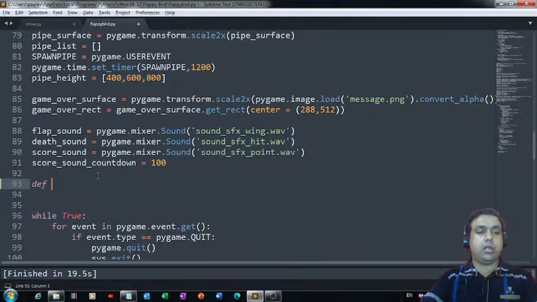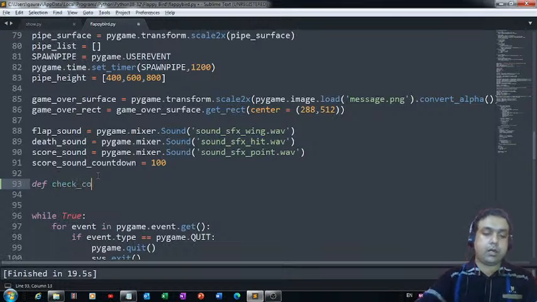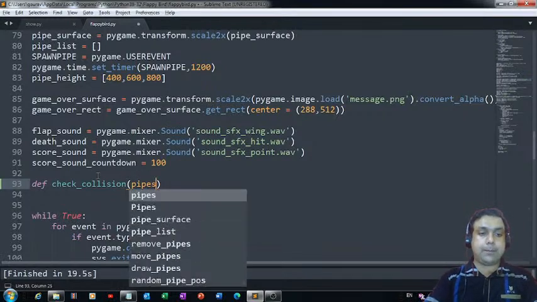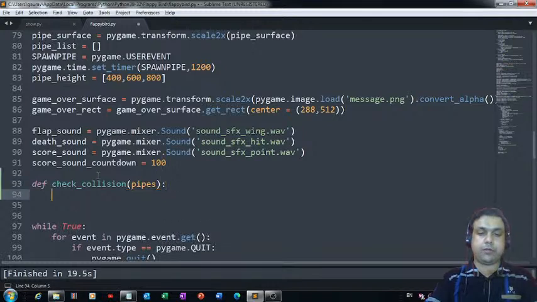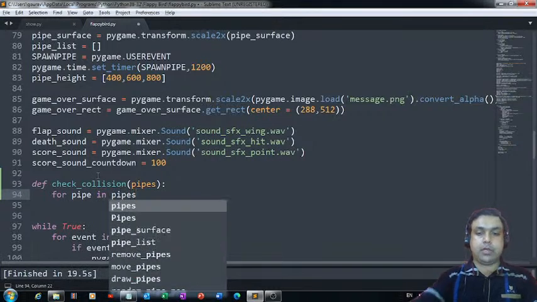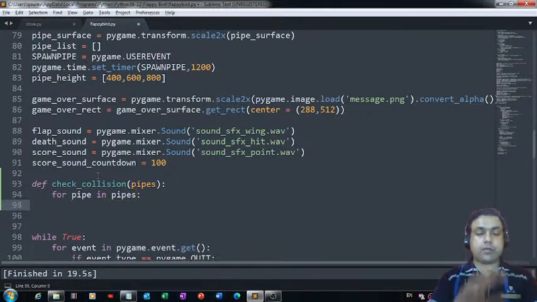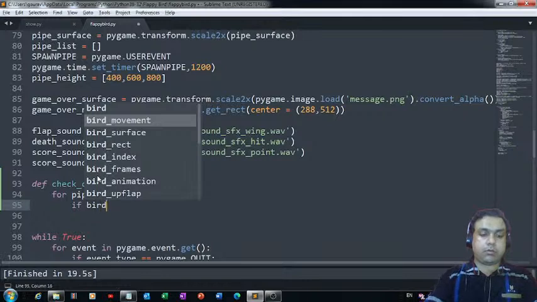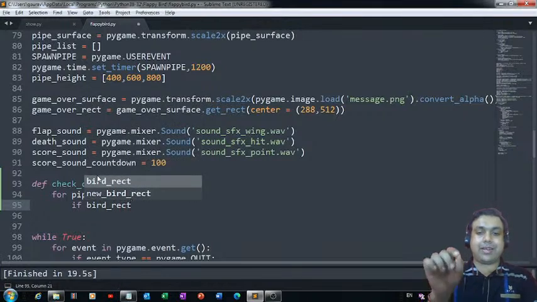checking the collision. So define check_collision. So that's the function. And let's pass the pipes as a parameter to this function. Now we'll use the same loop, for pipe in pipes. Absolutely correct. So for this, what should happen if the bird, so we'll check whether the bird rectangle